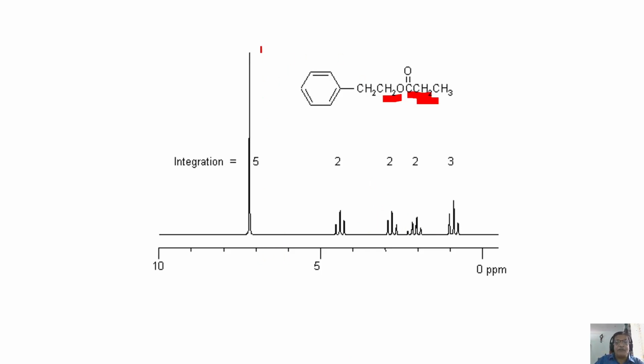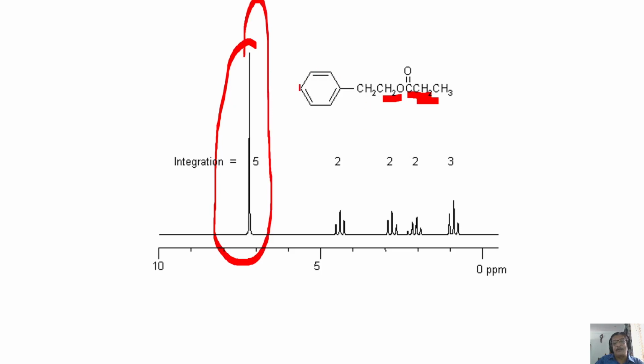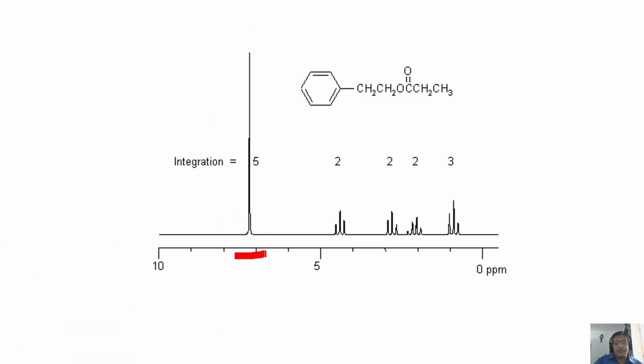Especially look at these aromatic protons. I did explain to you in the case of aromatic ring current, when I explained all those protons which are in the plane of the ring, generally come here de-shielded and come at low field. That's what I said. That's what is happening. So the peak which is coming around this, generally aromatic protons come at 7 ppm, around 7. So this is this ring.